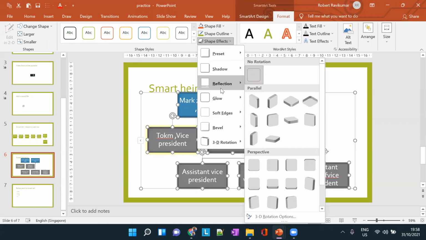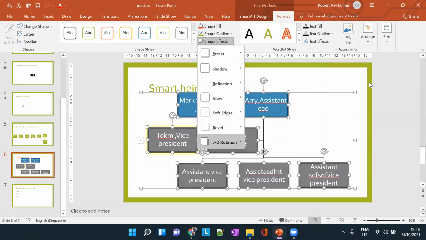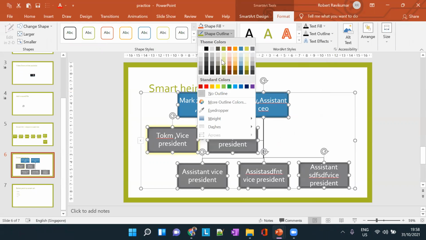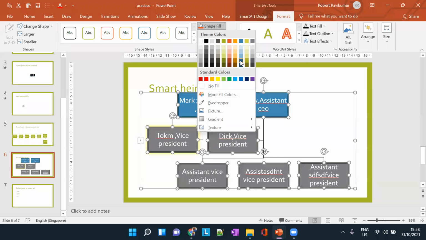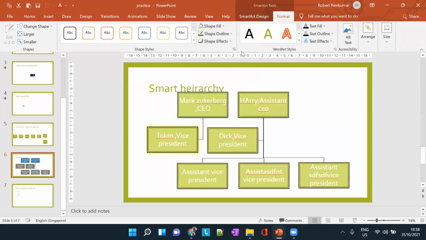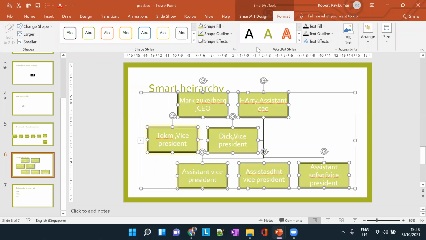See there are a lot of stuff here. So these are all very similar to colors and effects and stuff like that. Okay, so shape outline you can give. So by choosing it, if you want a green color, you can give a green color. Shape fill, you can change the colors. Okay, choose any one of these colors here. So these are all self-explanatory.